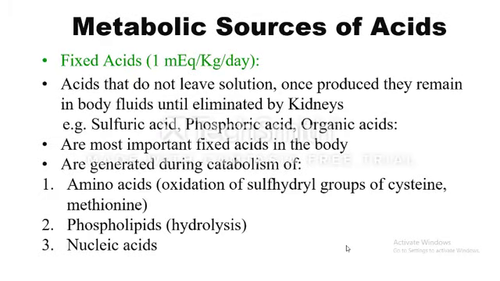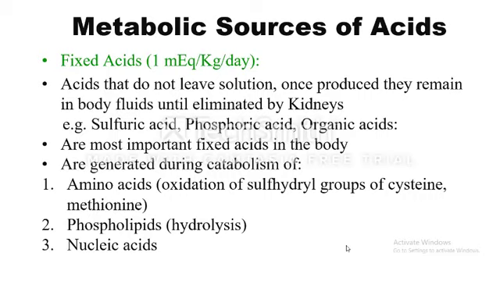The other type of acid that is produced metabolically in our body is fixed acids. As the name indicates, they cannot be removed very easily. Their amount in our body is 1 milliequivalent per kg per day, which is less than the volatile acid. Acids that do not leave solution once produced remain in the body fluid until eliminated by the kidneys. Examples of these fixed acids present in our body are sulfuric acid, phosphoric acid, and